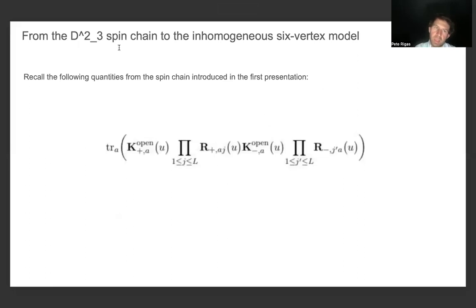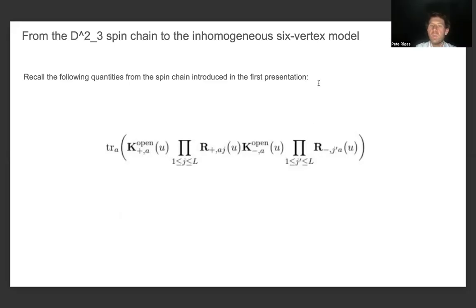And like we had mentioned, from the D2-3 spin chain, we can make a connection to the inhomogeneous six-vertex model, because we can define a transfer matrix for this higher ring spin chain, just like how we can define a transfer matrix for the lower ring spin chain, the D2-2 spin chain. But this type of expression is a lot simpler, because